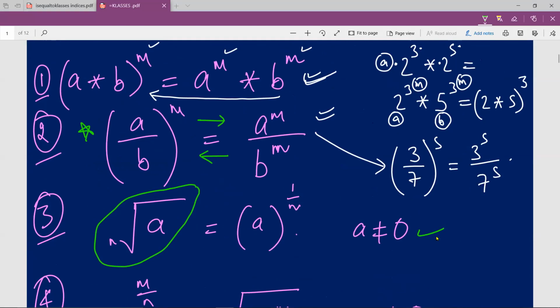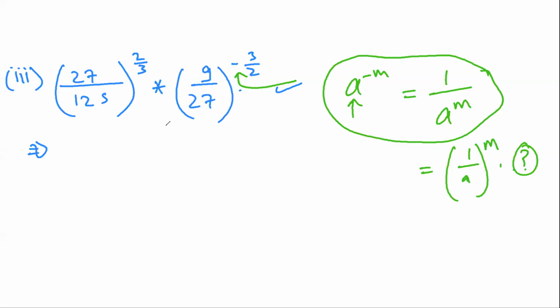And if you see, last time we had taken an example also, that 3 upon 7 raised to power 5. We had seen this to be equal to 3 raised to power 5 upon 7 raised to power 5. All I'm trying to tell you is that I can reduce this to this, and if I have something like this, I can reduce this to this. It works both ways. Indices frankly need a lot of practice. The more you practice, the better it is. So I can write this as 27 upon 125 whole power 2 upon 3. So basically this rule is a reciprocal rule.